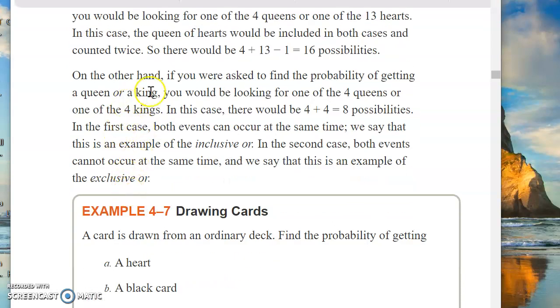How about if you were asked to find the probability of getting a queen or a king? Well, there's 4 queens, there's 4 kings. So there's 4 plus 4 equals 8. You don't have to subtract anything because these two sets are disjoint. It's either a queen or it's a king. You cannot have both. You cannot have a king and a queen. So both of these events, the queen or a king, they